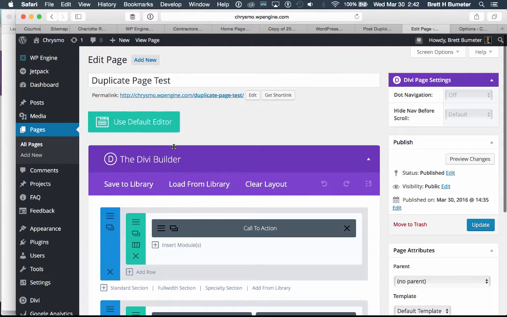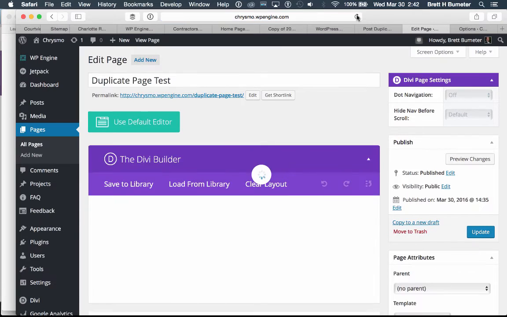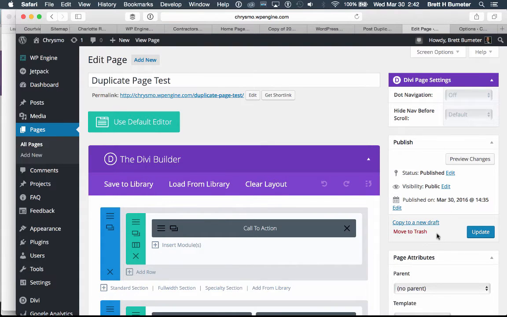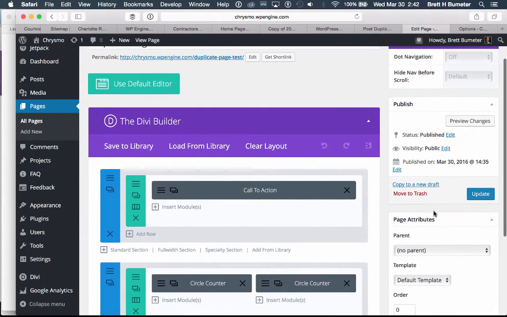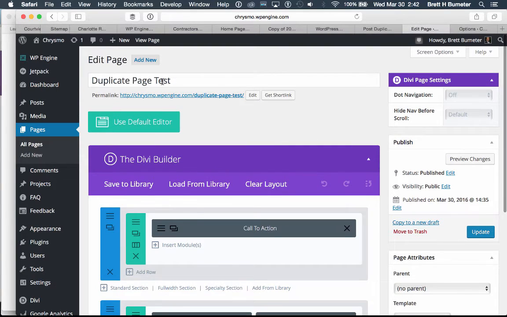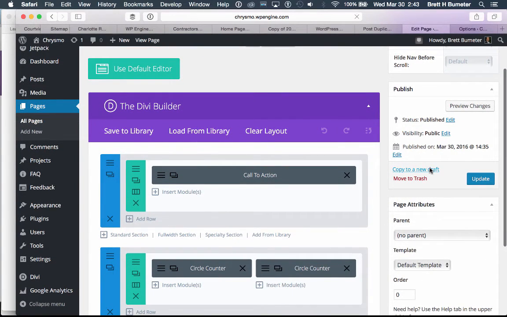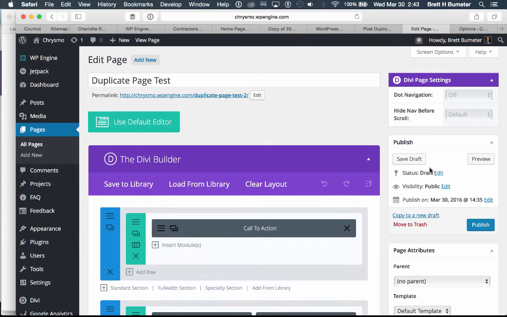I'm going to come back into our page that we're editing. I'm going to refresh the page real quick. And you may notice over here on the right, just above the link for moving things to the trash and the update button, we have a new option to copy this existing page to a new draft. So this is a page. The current page is called the duplicate page test page. Hit that link. Run the copy,